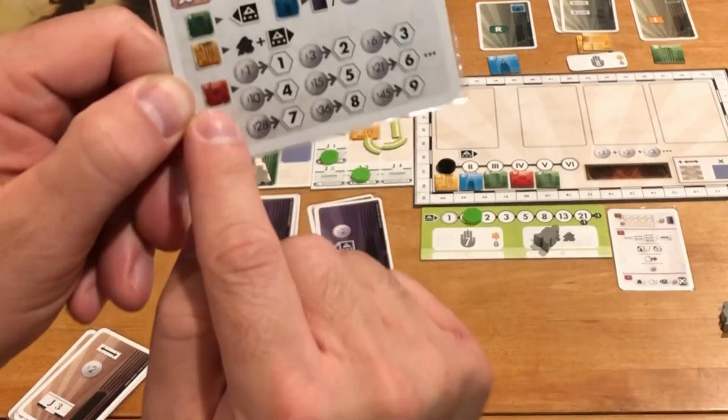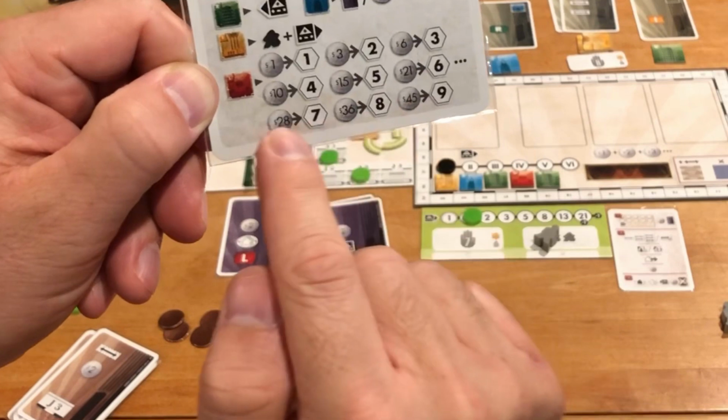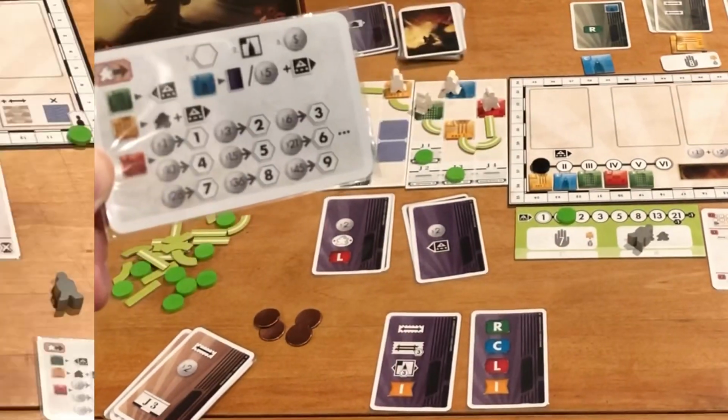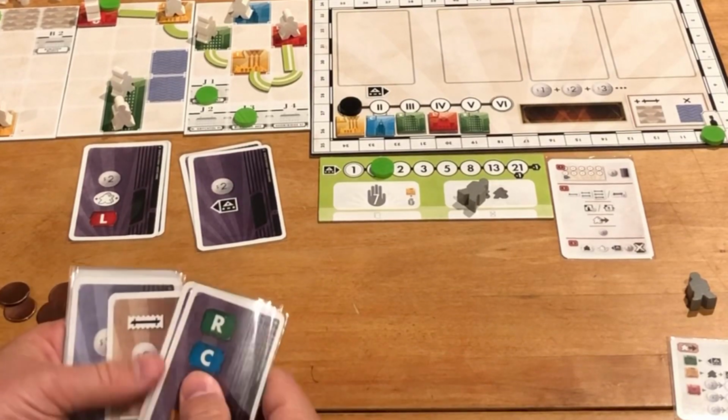Or if you go to a leisure building, you can actually spend money from your personal supply to gain a particular number of points based on this chart right here. In this case, you do not increase your stress. After you've taken your either 2 or 3 actions, you'll have some cards that will have been